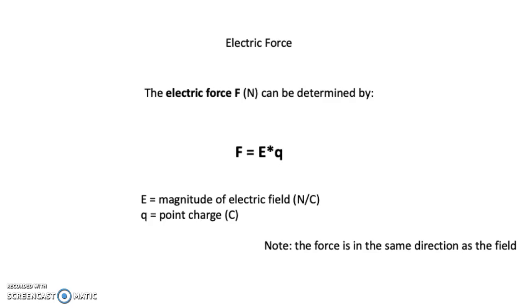So this equation shows us the force that will be acting on a point charge Q in an electric field from a different charge. And it's important to note that the force acting upon this charge is in the same direction as the electric field,